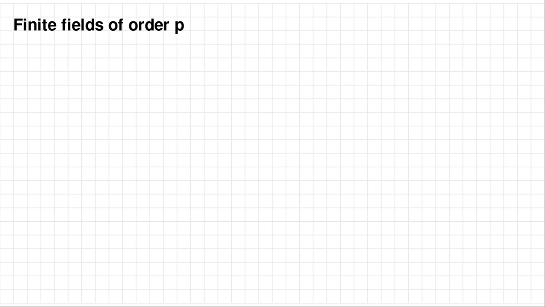So for each prime number P, so this P here must be prime, there is a field written as a bold F with a subscript P, called the finite field of order P,